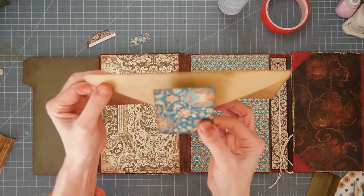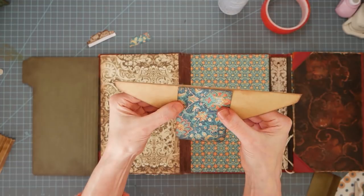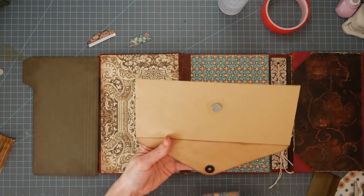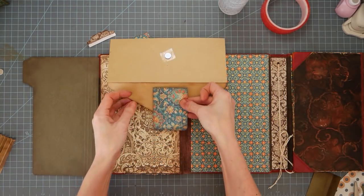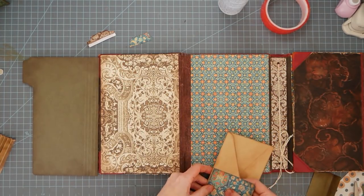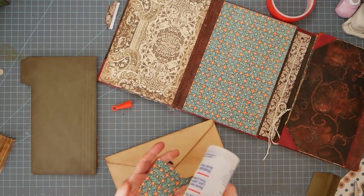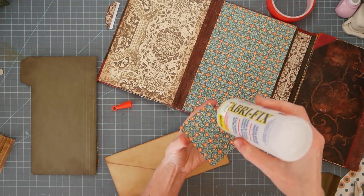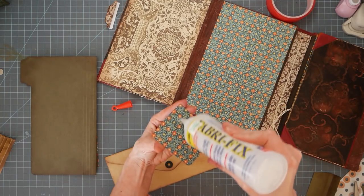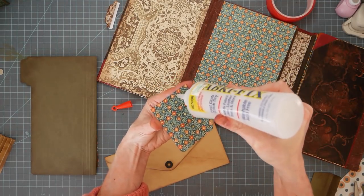I will sew this onto this, and that will enclose that magnet. And then this can basically just go right in the middle. This, I might put a little tippity tap of glue on the back just to keep it secure while I'm sewing it to the envelope. But I can't go all the way down in here because it's going to hang over a little bit. So